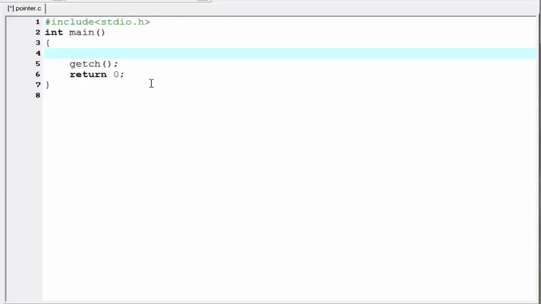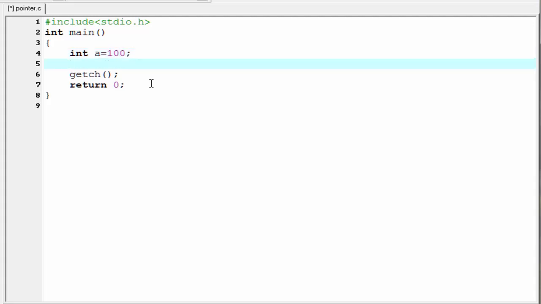Here we see how we use the ampersand and star operators in our program. Here I am going to create an integer variable int a, which is initially assigned 100. Next we create a pointer. To declare a pointer, first we need to specify its type. Here we create a pointer for the integer variable, so its type will be int.